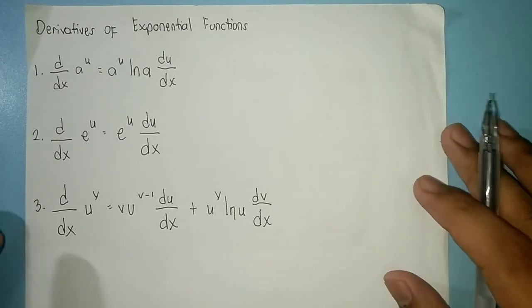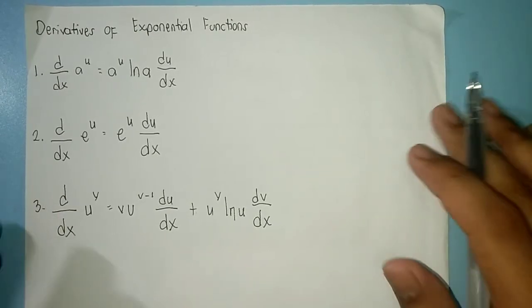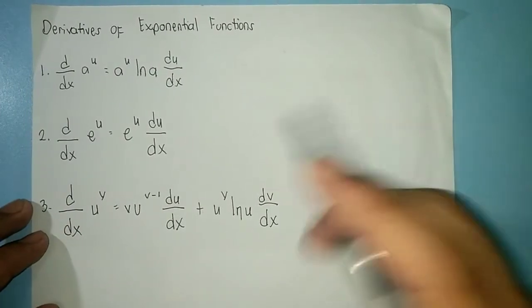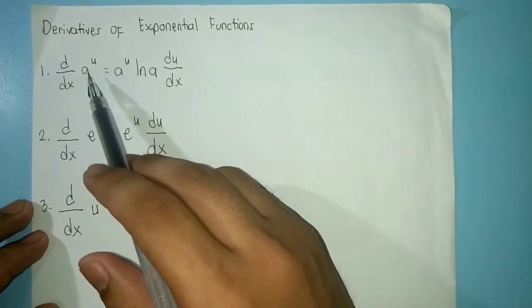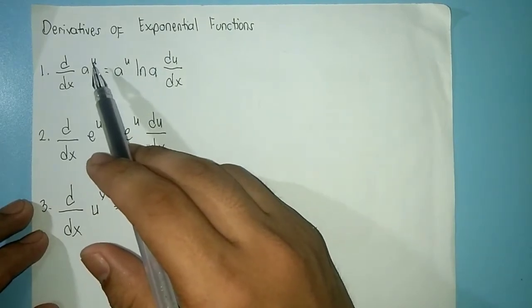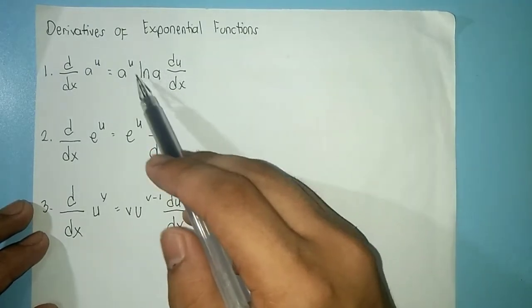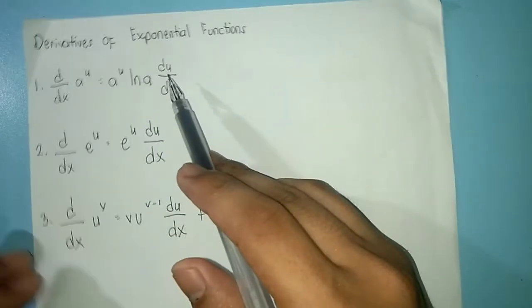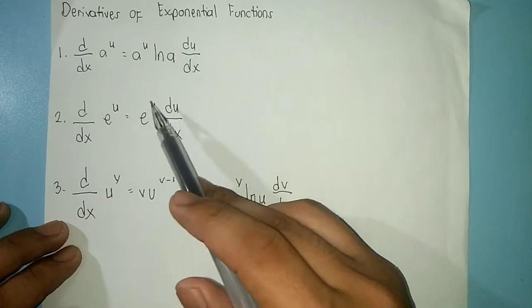In this video, we're going to discuss the derivatives of exponential functions. So, meron tayong ditong tatlong formula. So, una, derivative of a raised to u, where yung base natin ay constant and we have function u. Kokopyahin lang natin yung a raised to u and then natural logarithm of a, then derivative ng exponent. Okay? Then, for derivative of e raised to u, kopyahin lang natin yung e raised to u, then kukunin natin